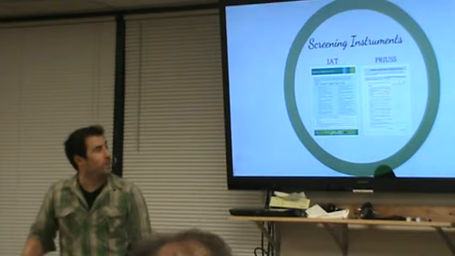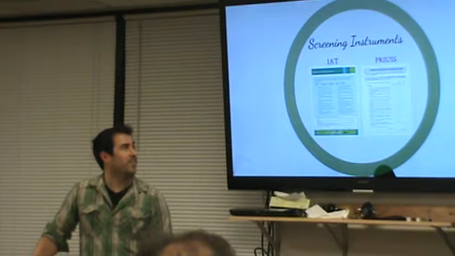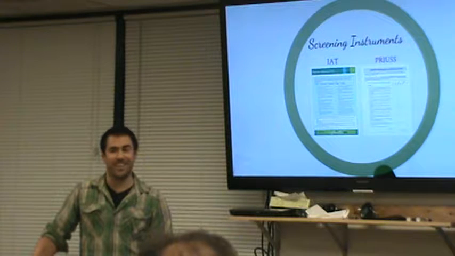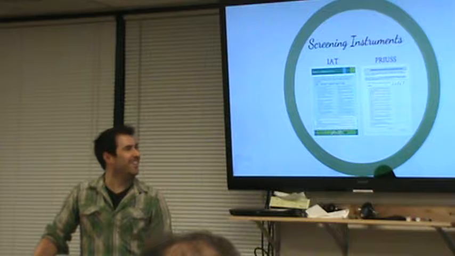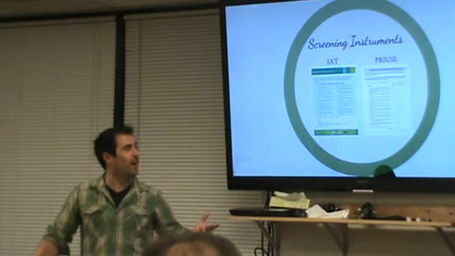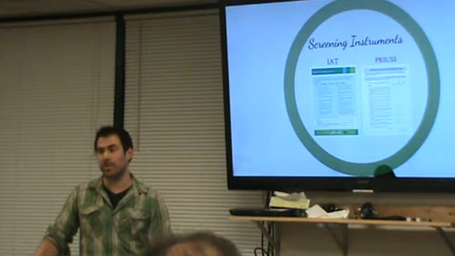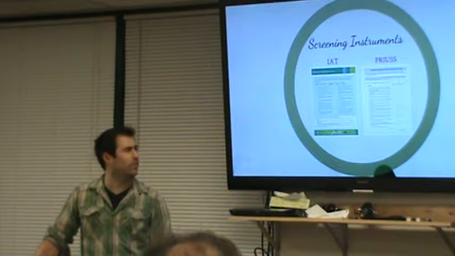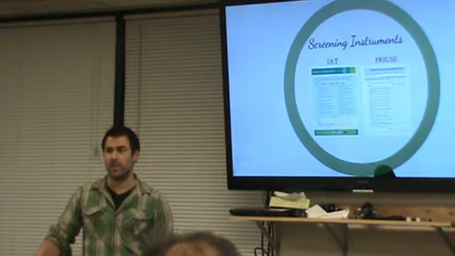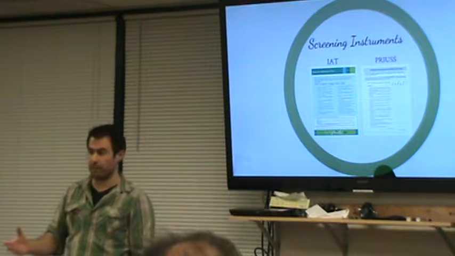And then the second one is called PRIUS. That's the Problematic Risky Internet Use Screening Scale. And I think that they added an S so they didn't get sued by Toyota. But when I go to use a scale, which I don't do often, but when I do, I use PRIUS. It was developed about, I think, 3 or 4 years ago, and I like it because